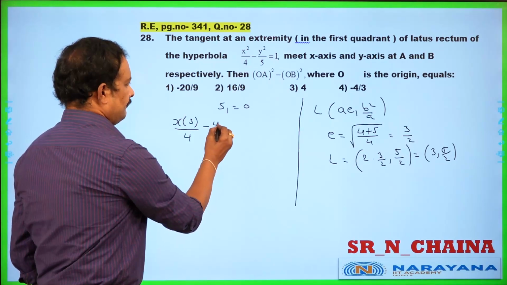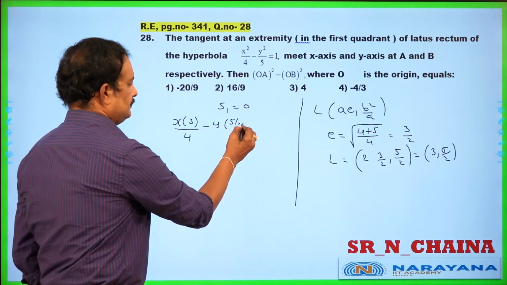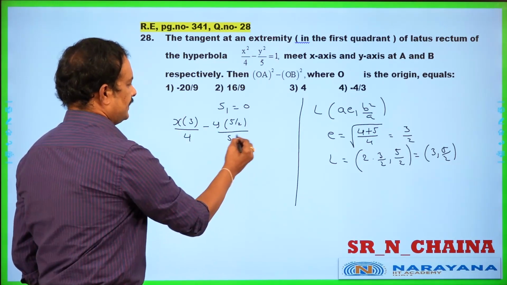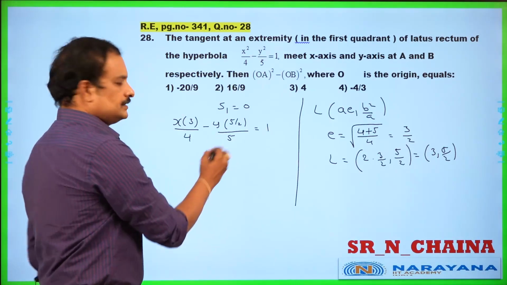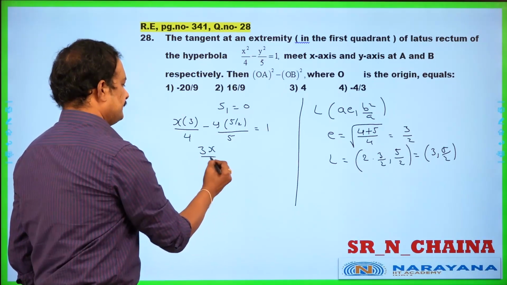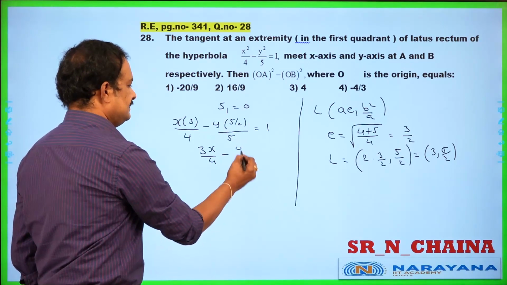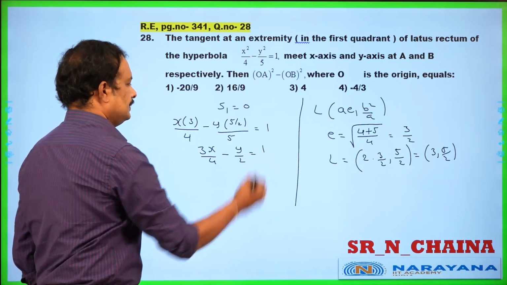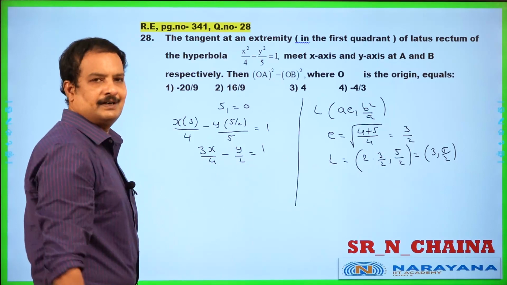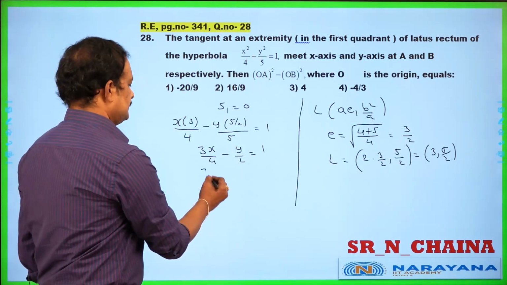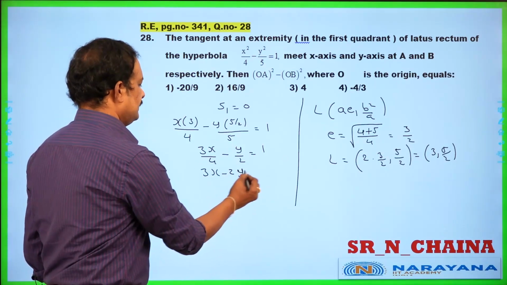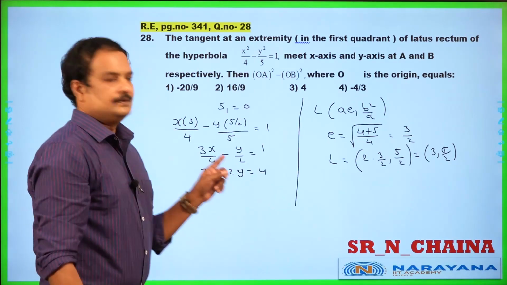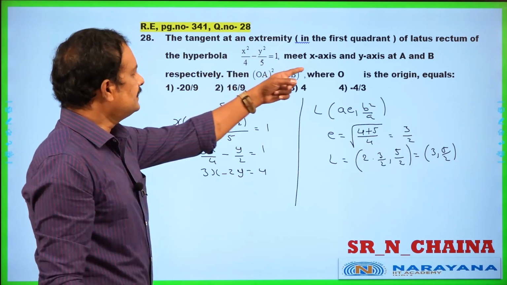Next minus yy1, that is 5 by 2 by the b square, which is 5, equal to 1. So this becomes 3x by 4. Next minus, 5 will get cancelled. Y by 2 equal to the 1 here. Now let us check the LCM. So this is 3x minus 2y is equal to 4. This tangent is meeting the x-axis and y-axis at